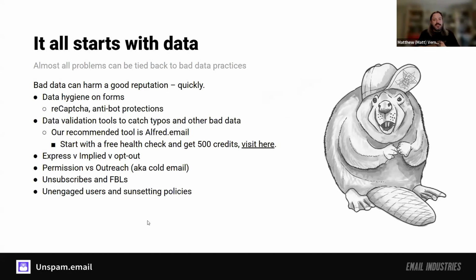But remember, all delivery starts with data. All delivery issues start with data. You either have really good data and you're using it well, or potentially you have really good data and you're almost abusing it. You're over mailing, you're over sending, you're causing consumers to wonder, why am I getting so much mail? And you're creating a bad experience for consumers. So understand your data and how you manage it.